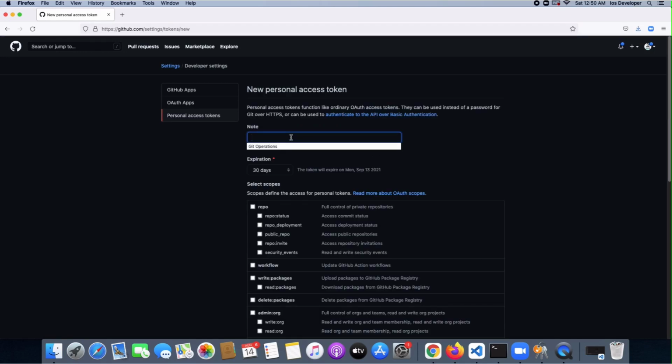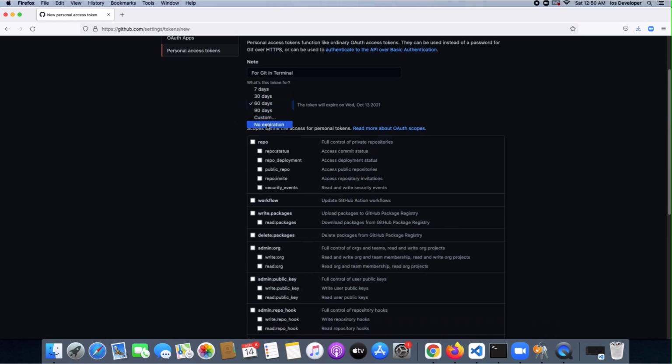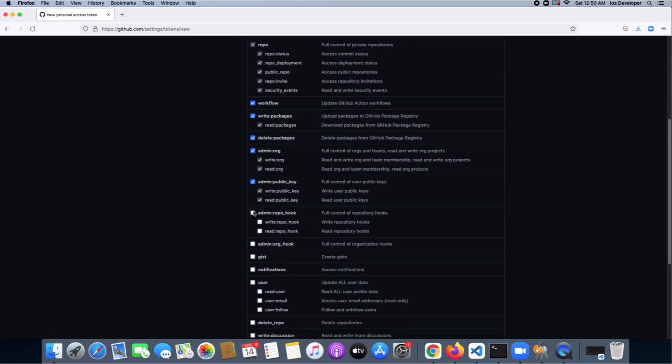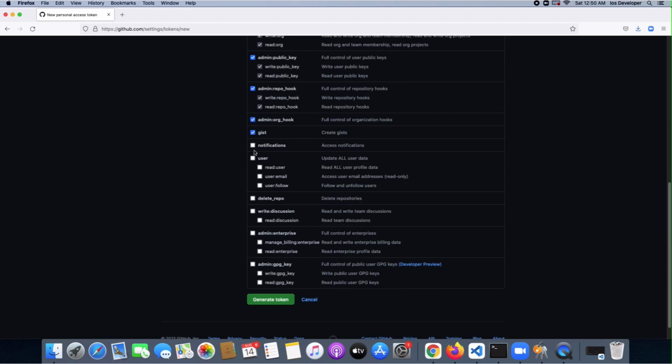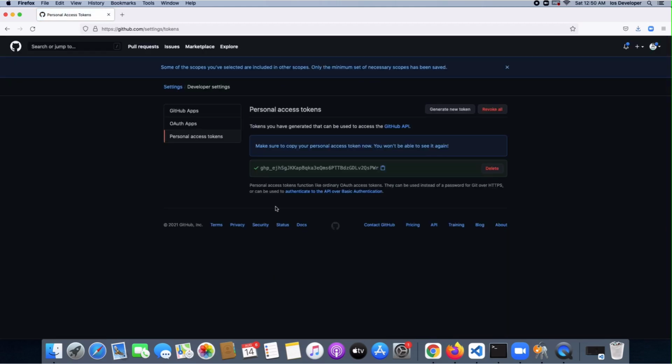In this box you can literally write anything you want, it doesn't matter. After this you need to select a duration for this access token, basically how long do you want this access token to be active. So after that specific amount of time, this access token will no longer work. And the permissions that you want to embed inside this token, again it's up to you. I'm just selecting everything for now, and then I click on create token. Once I've done this, you can see it has created a token for us.